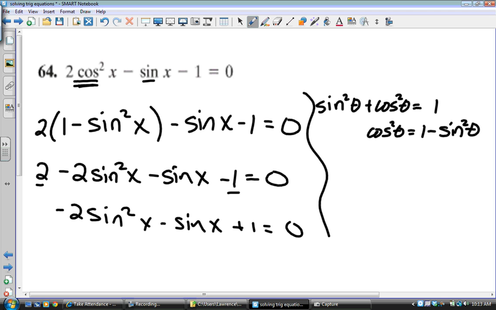Now, since those are nice and the same, we can use our quadratic form, right? 2 minus 1 is 1. Okay? Now,